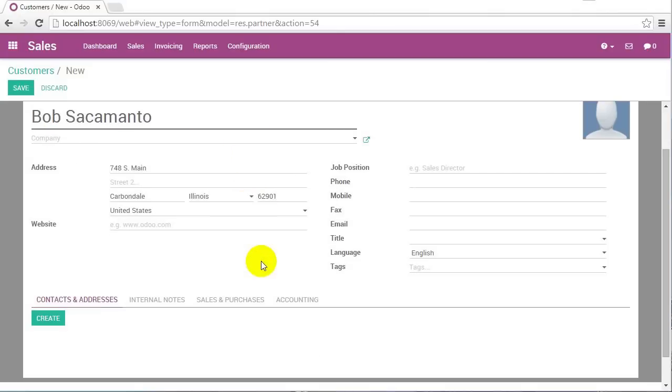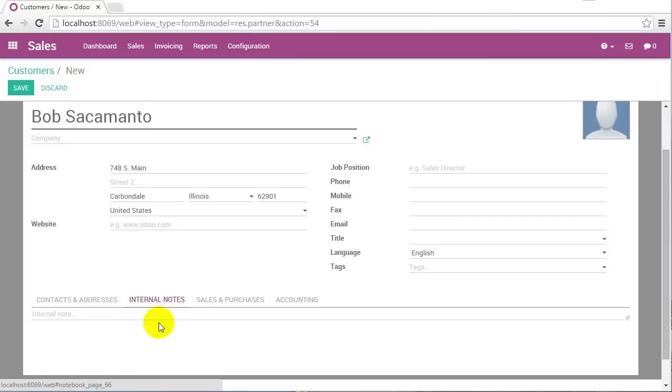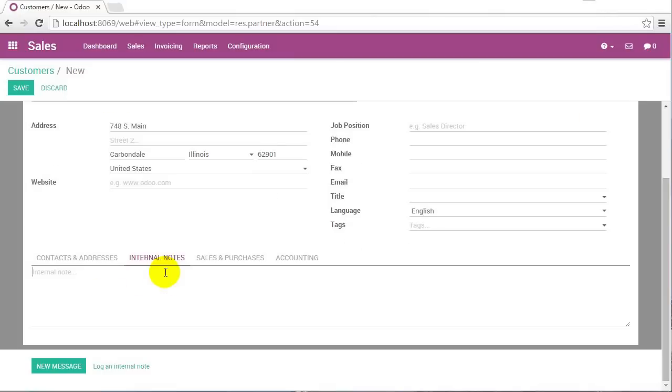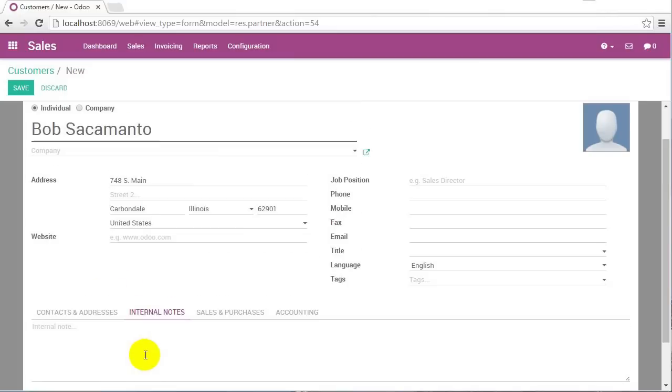Now, one of the things that we're gonna talk about is that there's these internal notes that are going to allow you to keep extra information. This is important in pretty much any accounting system. Odoo 9's no exception. So anything that is for the customer, you would want to come maybe down here, and you might want to collect some information, even if you're not using this for CRM, maybe that you're just starting getting using this to collect customer information. You can use this as like a lightweight CRM by saying